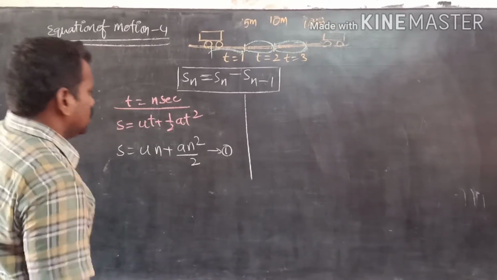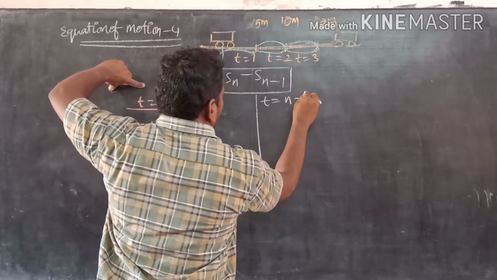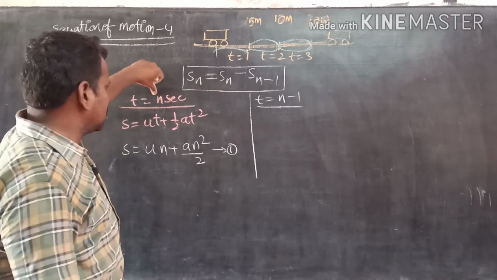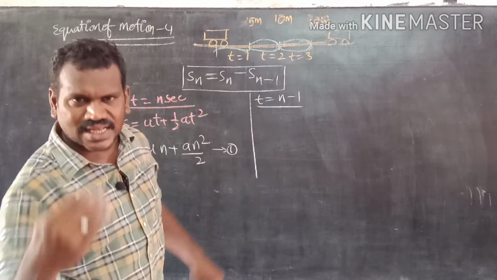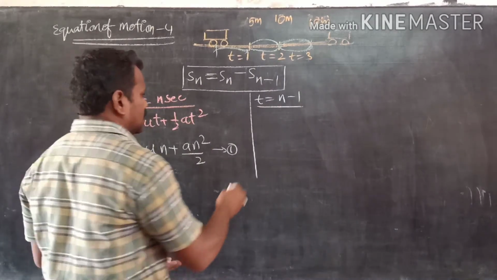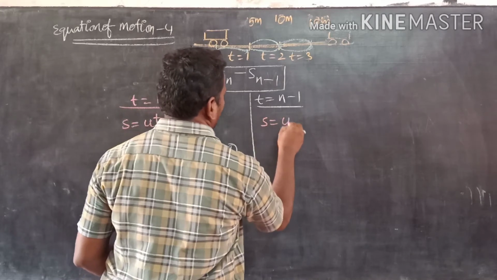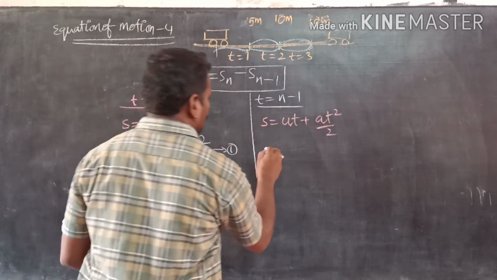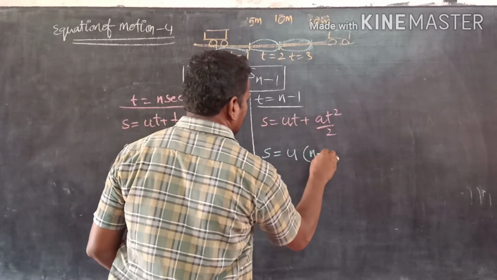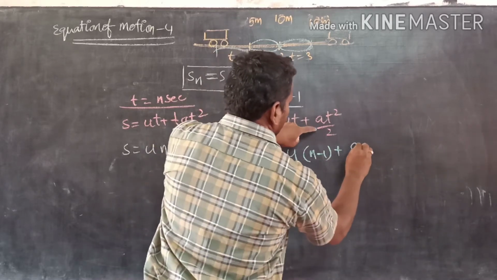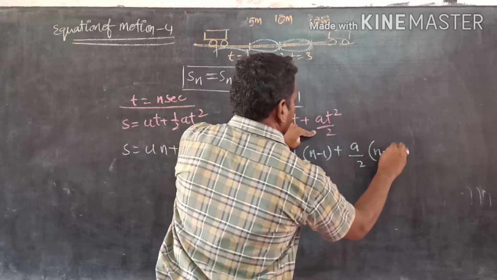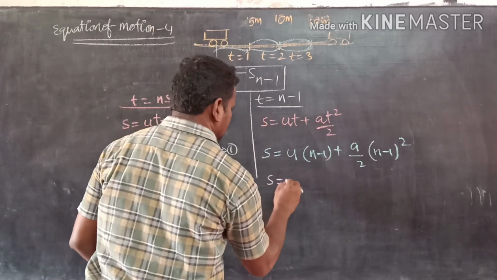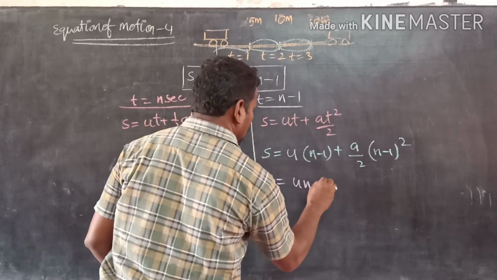Now instead of t we should write n minus 1 seconds. Why? Here the distance is there in the case of the nth second, and the distance traveled in the n minus 1 seconds. So for that, once again the formula S is equal to ut plus at square by 2. By applying it, S is equal to u of n minus 1 plus a by 2 of n minus 1 whole square. In the next step, S is equal to u into n, un minus u